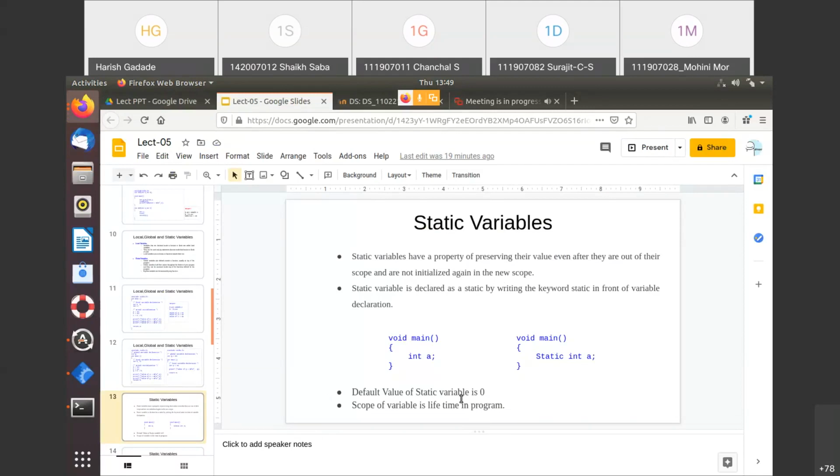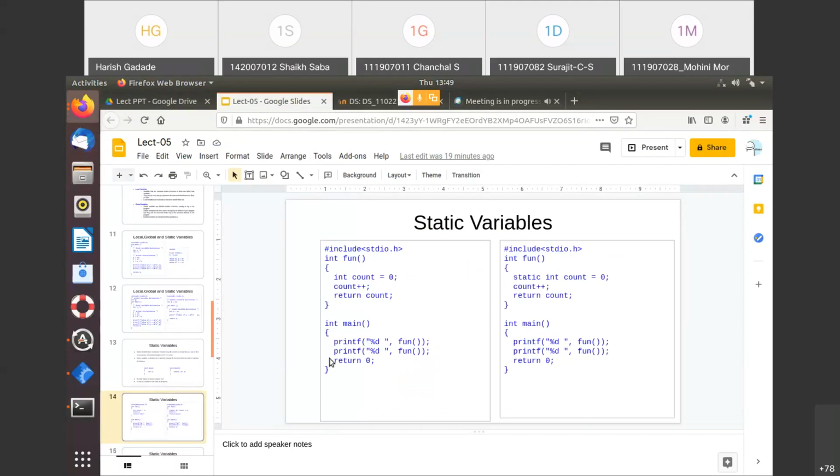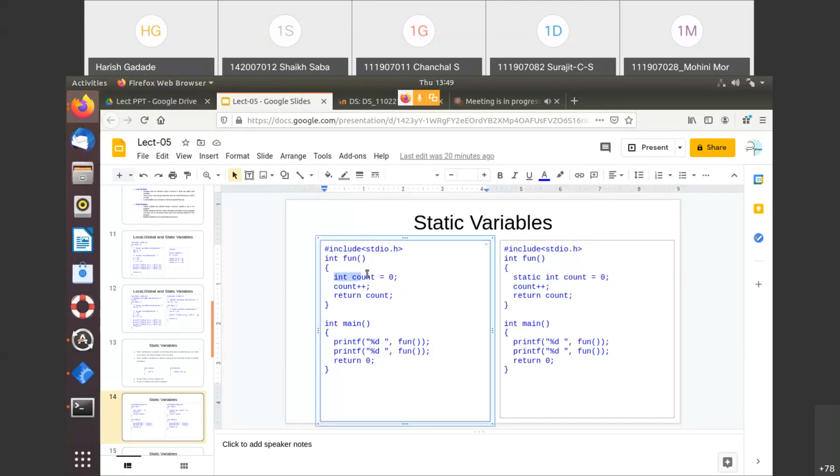One example I'll just show you here so that you will understand the difference between static and the ordinary variable. If you see this program, what I did here, I just took one normal variable, count, and for that count I initialized the value to 0, right?